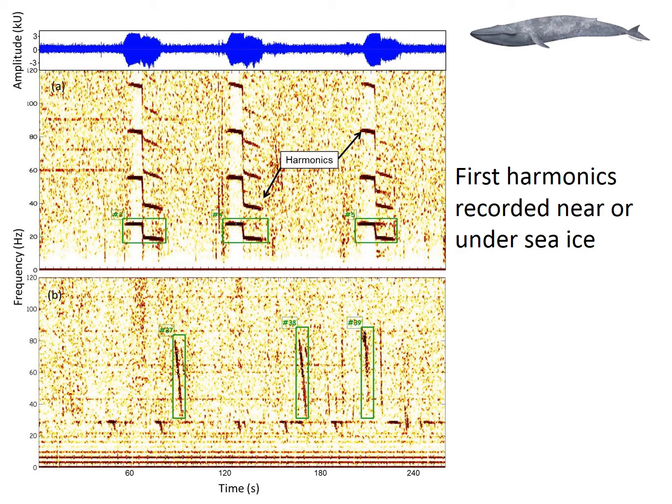Another call which was recorded from that work was a D call, which is produced during feeding. When whales are feeding, they use it for short communication. A recent study showed that this call can also be produced by whales during mating, where they use it for communicating, and also for threatening other males in a region, so that males can have access to a particular female.